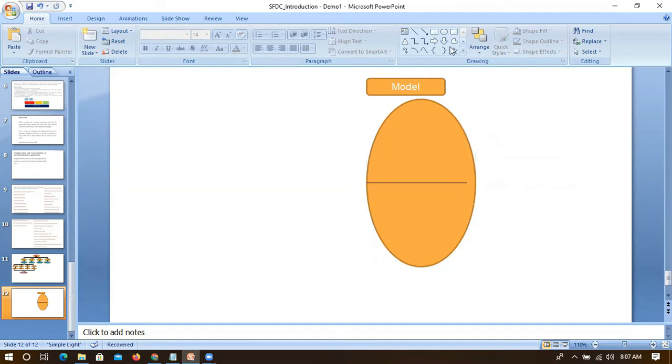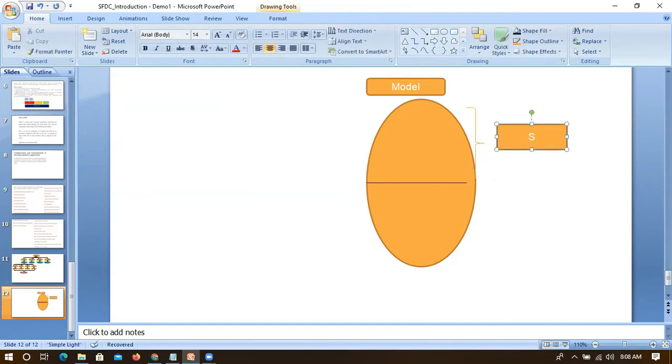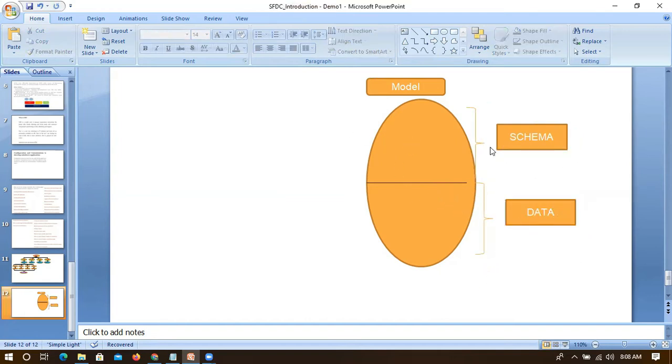One is the schema. The second part is the remaining part, which we call data. So first, what all comes under schema?